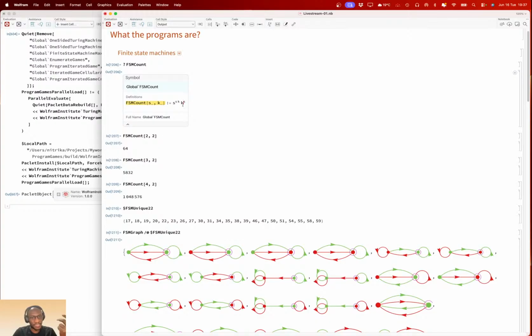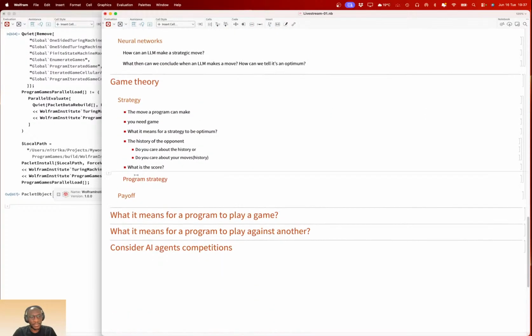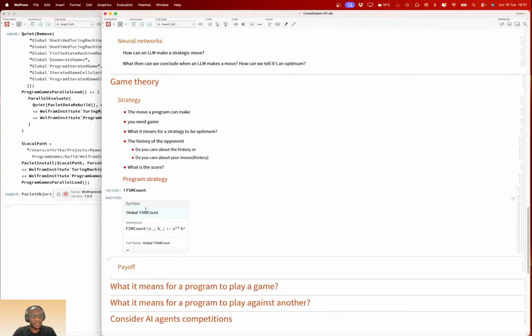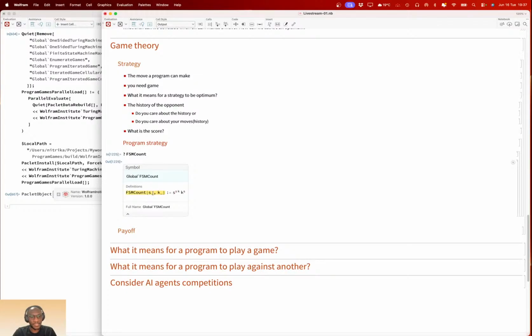K represents just the number of moves. For a finite state machine as a strategy, we have seen that you need S, the number of states, because the number of states represents how much capability or memory you can keep in your system to make a strategy. And K represents the number of moves.